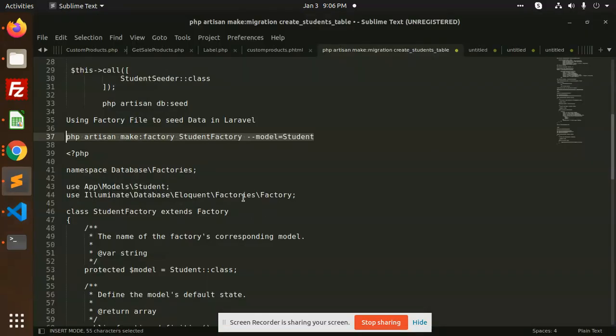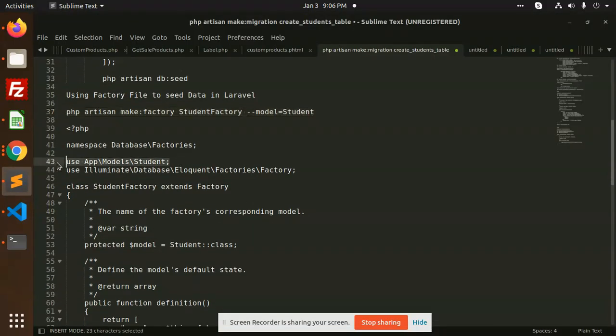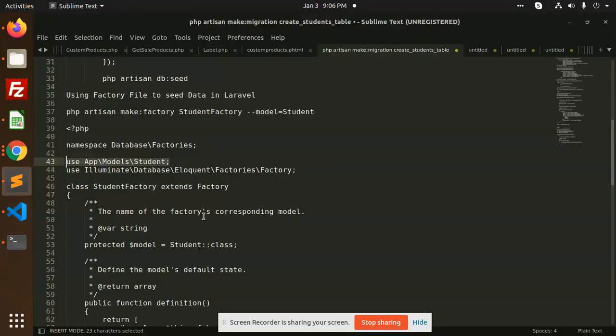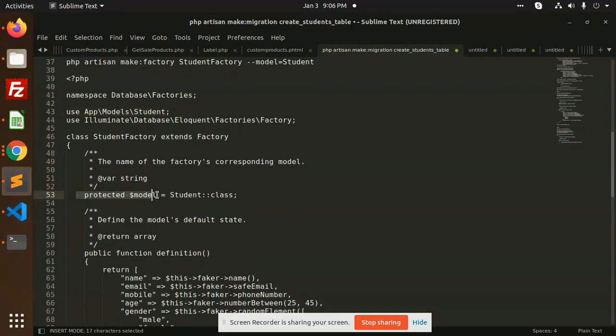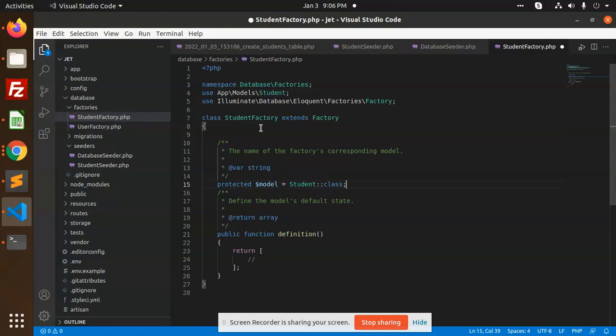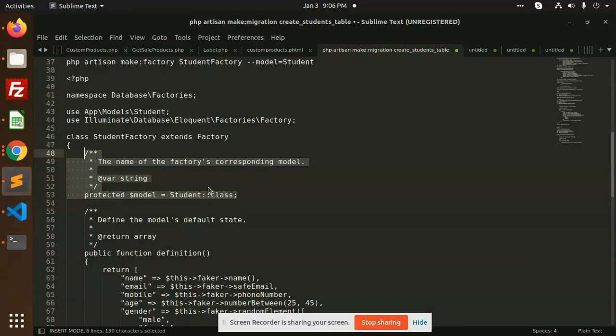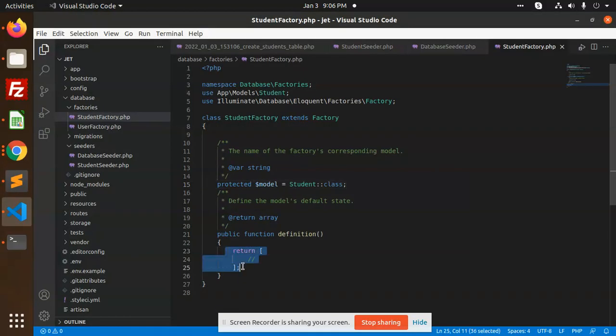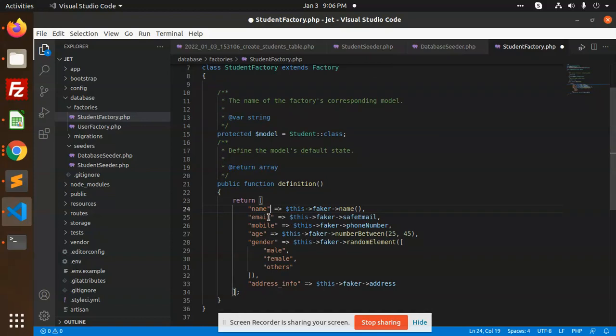In the definition, what we are going to do is add this model, students, and after this I'm going to add the protected student class. So it's added. Now in the definition, we are going to return name, email, the same statement, email, mobile number.